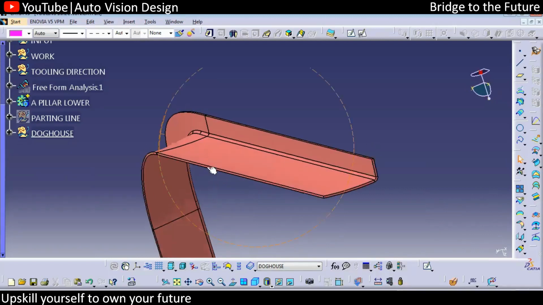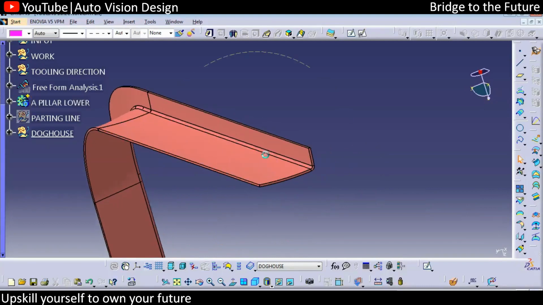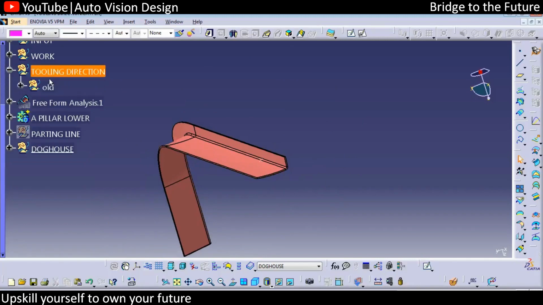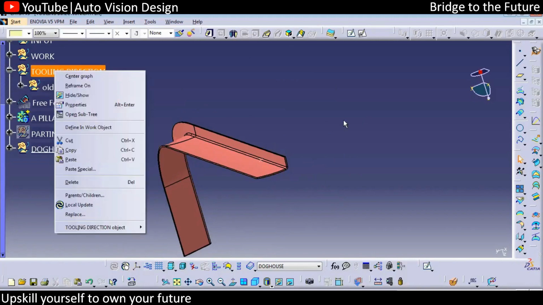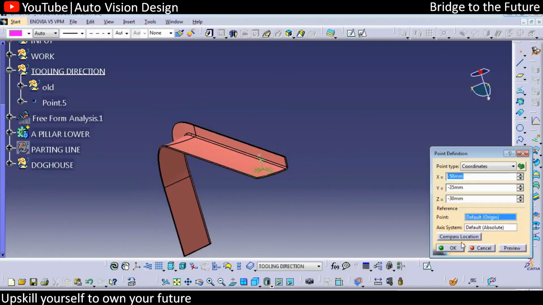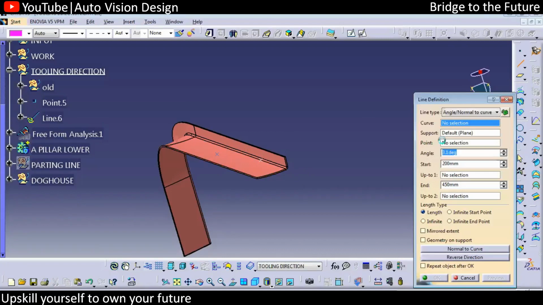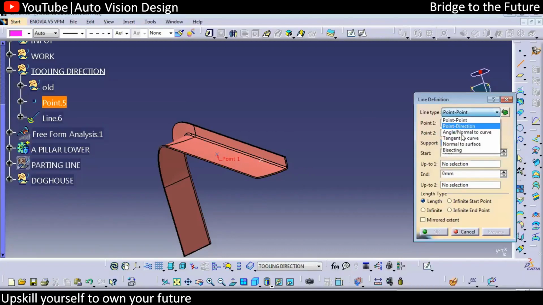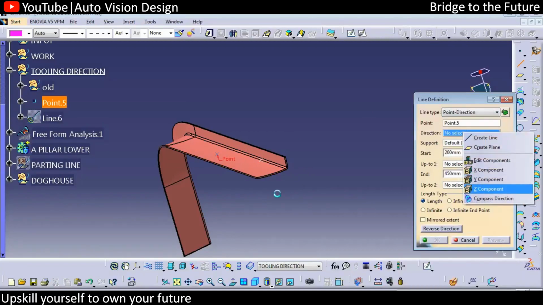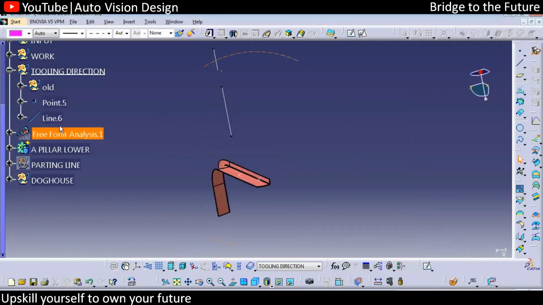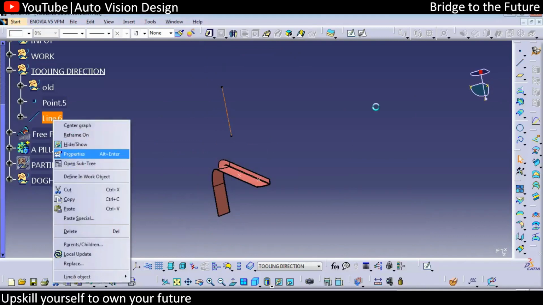So here, whatever doggos we're going to have, we have the point. For that we need to have a tooling line, so we'll just create the tooling line over here. So the tooling line we consider over here is here. Okay, so we can have z as the tooling line. Any direction you can take, it will not matter, but once you have decided the direction, you need to go with that. So this will be the tooling line.